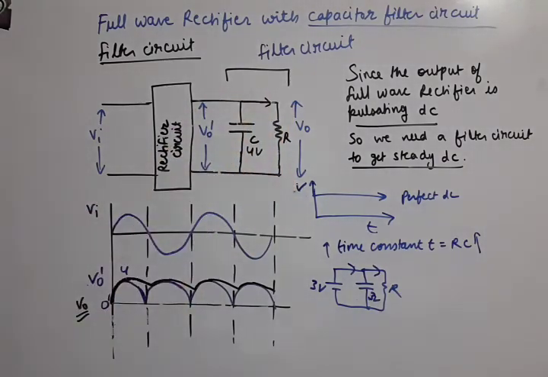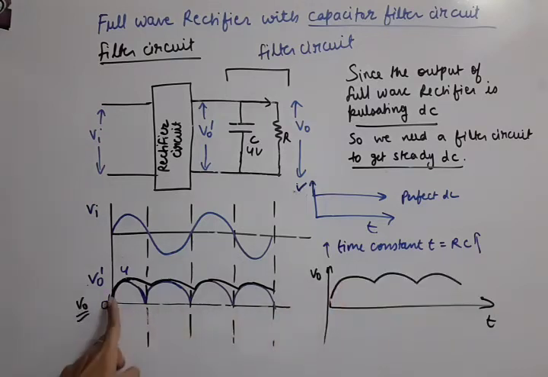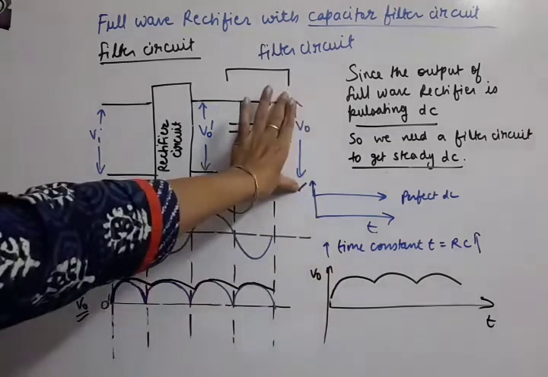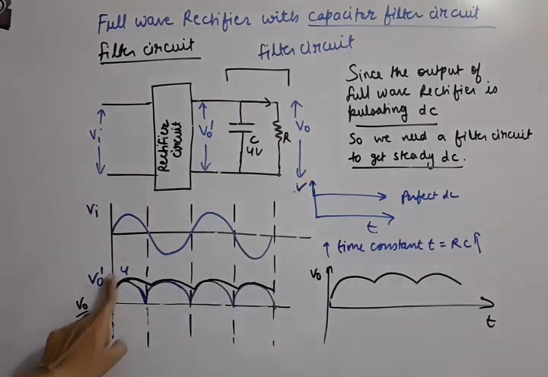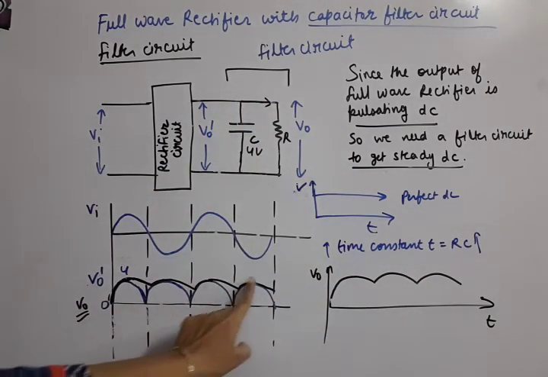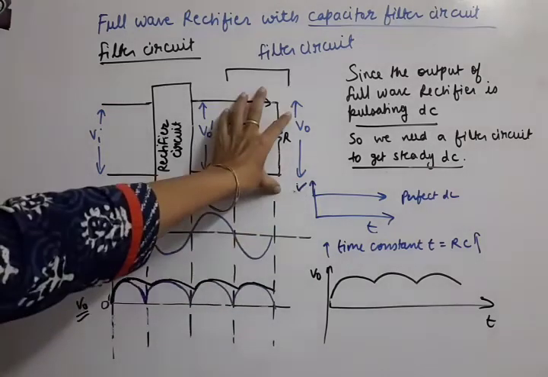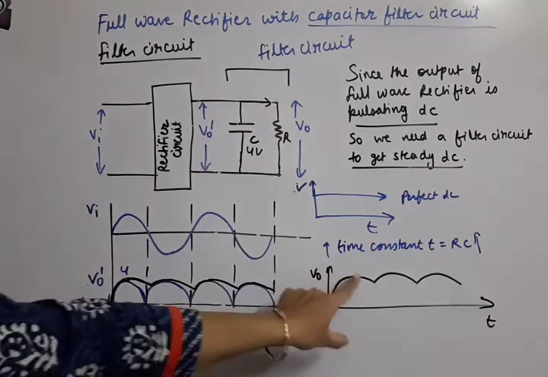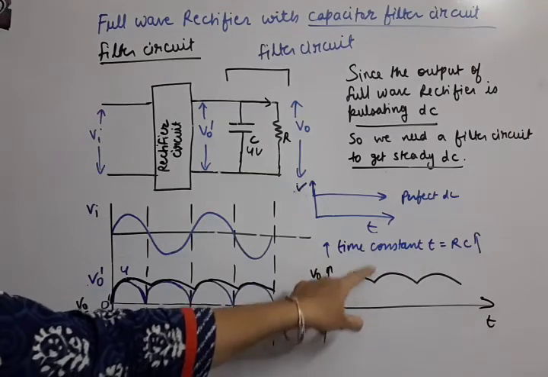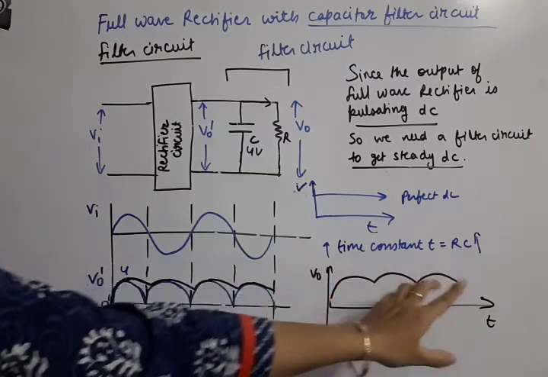Let us draw it separately now. You can see this outline shape, black color pen, that is our VO, final VO. So you can see it was this way, then discharged this way, like that. So let us draw it this way. This is the output voltage given by the filter circuit. You can see overall it is running from 4 volt to 3 volt, 4 volt to 3 volt, 4 volt to 3 volt like that.